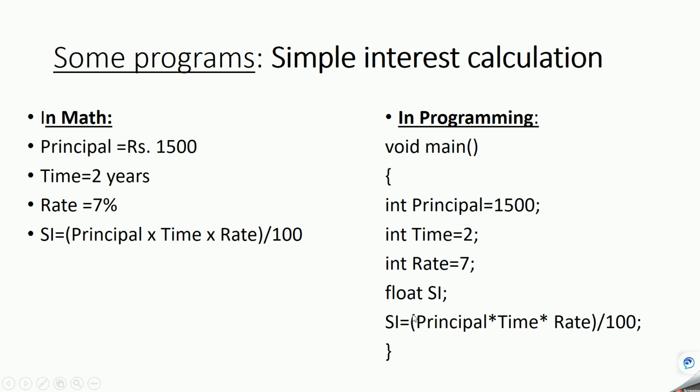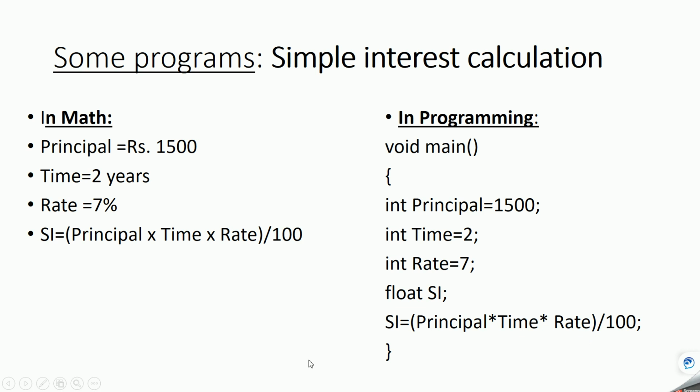that is simple interest. And the reason I have taken float here is because after doing the calculation we'll get the value in decimal, and from the previous video we know that to represent a decimal value we need float. You can also write float here if you want to give the value as a decimal value. So here it will calculate the simple interest. The multiplication symbol in math will be written as the star symbol in the programming language.